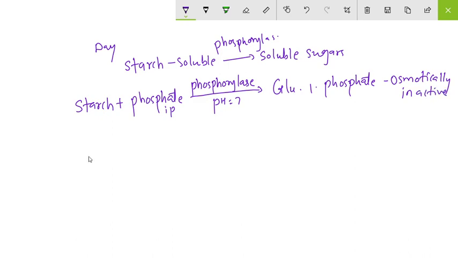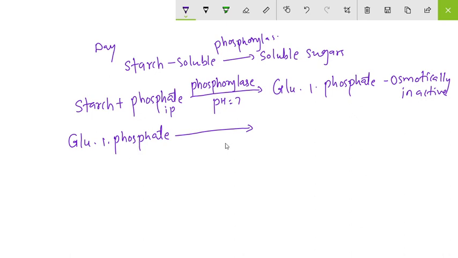So the chloroplast of the guard cell which has the starch, in presence of inorganic phosphate and the enzyme phosphorylase at neutral or alkaline pH, converts it into glucose 1 phosphate. But this glucose 1 phosphate is osmotically inactive, therefore no changes occur in the guard cells. But later on what happens? This glucose 1 phosphate